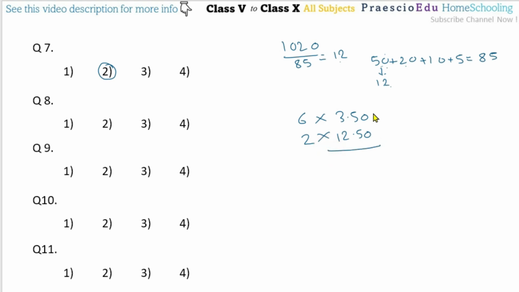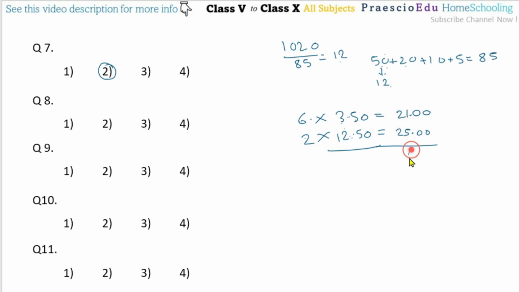So this is a multiplication, we have to calculate the collective amount. So 6 multiplied by 0 is 0, 6 multiplied by 5 is 30, so 0 here, 3 carry. 6 multiplied by 3 is 18 plus 3 is 21, and then with these two decimals, it is 21 rupees. Then 2 multiplied by 50, and this 0, and 1 carry here, so 2 multiplied by 2 is 4 plus 1 is 5, 2 multiplied by 1 is 2, so this is 25.